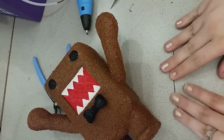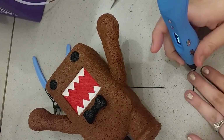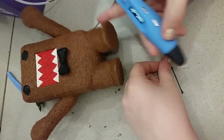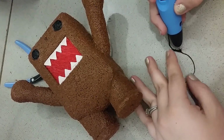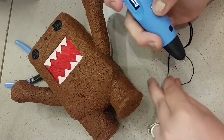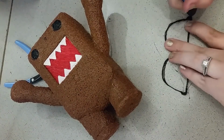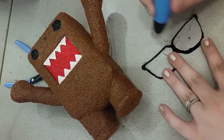And I also decide to attempt a pair of glasses. So I measure across the top of his head just to get the general size that I'm going to want, and use that piece of filament to start making the glasses. And when I make all these accessories, I really just eyeball what I think looks right, and I keep adding bulk filament if I think an area needs to be bigger, and if it needs to be smaller, well, that's